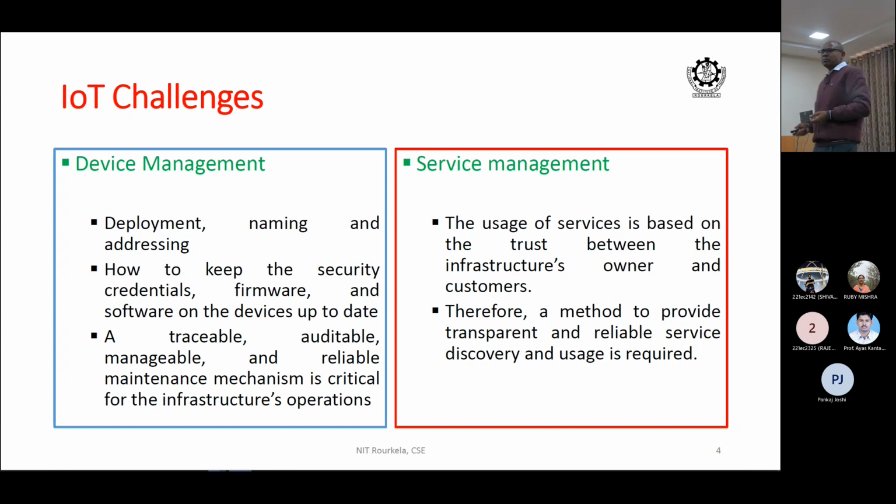Now you look at the service. So there is a service provider, and there is a user or the customer for the service. Who is the service provider? The one who is owning the IoT infrastructure is the service provider. He is providing the service. Now, when someone provides the service, you can allow access to any of the IoT devices. Assume I am a customer. I can access the IoT network.